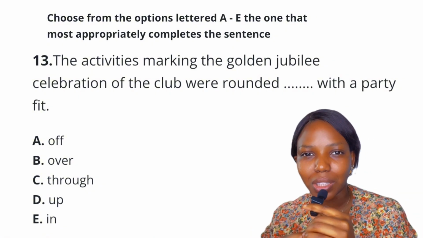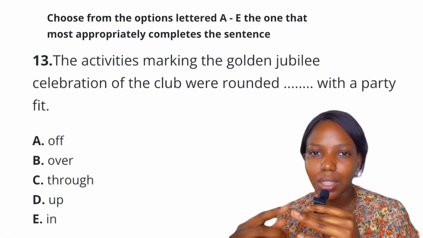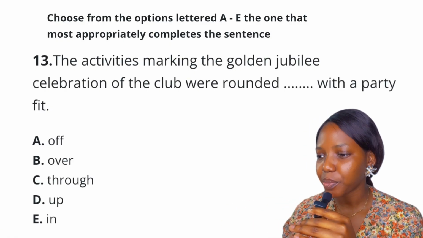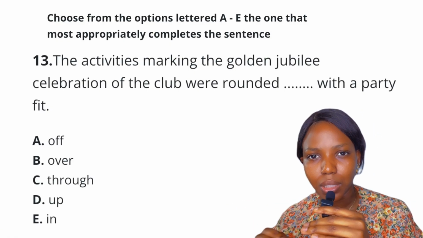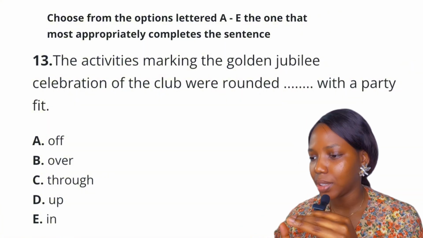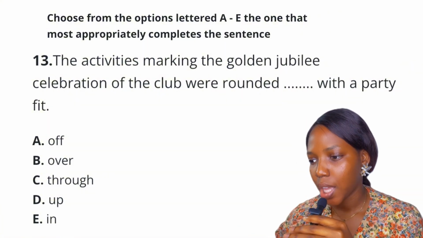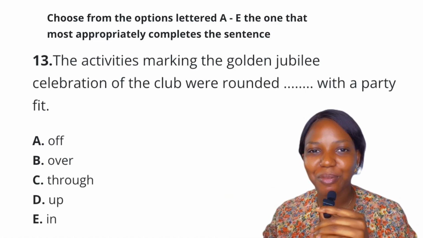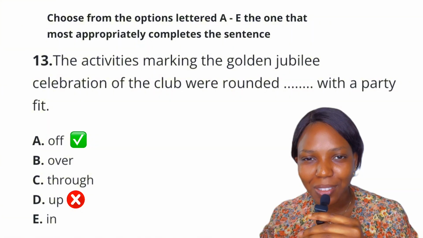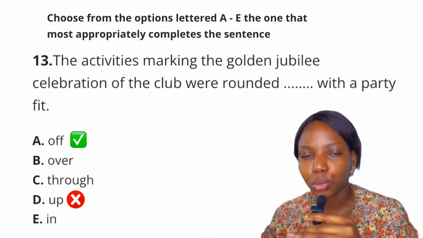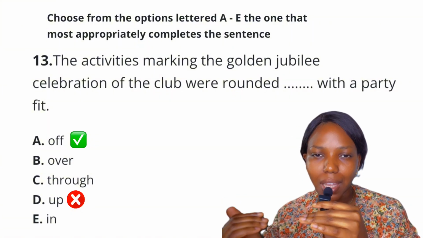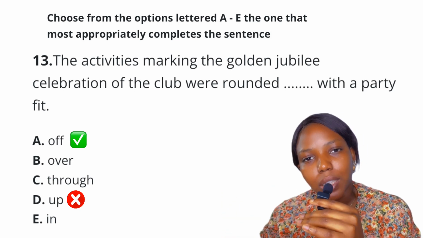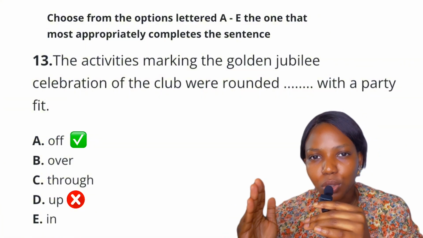So you need to do two things. First, identify the clue, and the second thing you need to do is eliminate the wrong options. So starting with the first step, the clue is we need a word that means conclude. The second step is to eliminate wrong options. Now, rounded over, rounded through, rounded in, not correct. Unfortunately, rounded up is also incorrect. Now, rounded up as a verb means to gather or collect together. For example, the police rounded up the suspect. As a verb, it can also mean to increase to the nearest whole number.